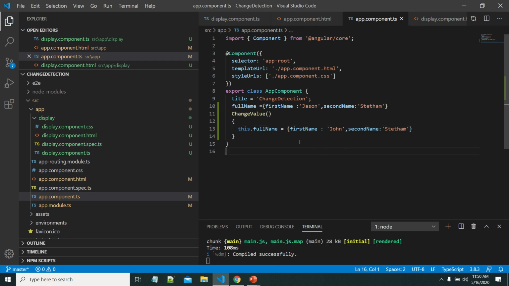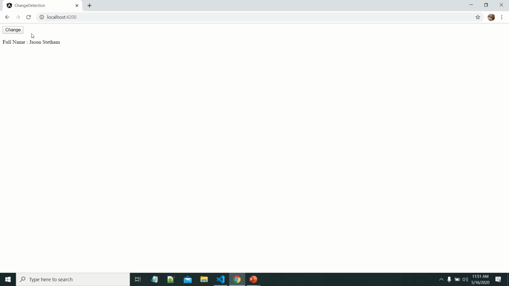We changed the fullName reference from Jason Statham to John Statham. That means the reference is changed. Whenever we are using the OnPush strategy, when the reference is changed, then that will be affected within the child component. Let's see the output now. Yeah, we can see that Jason is changed to John Statham.